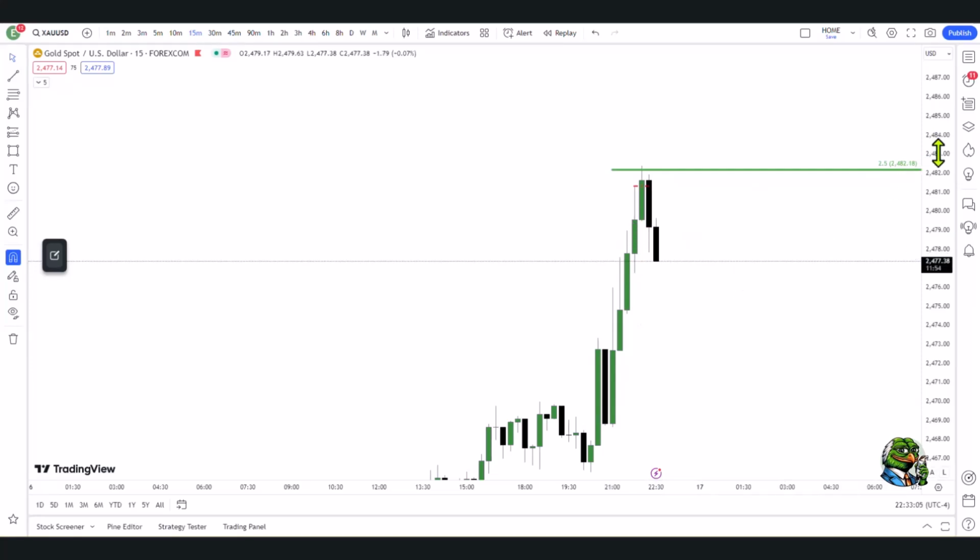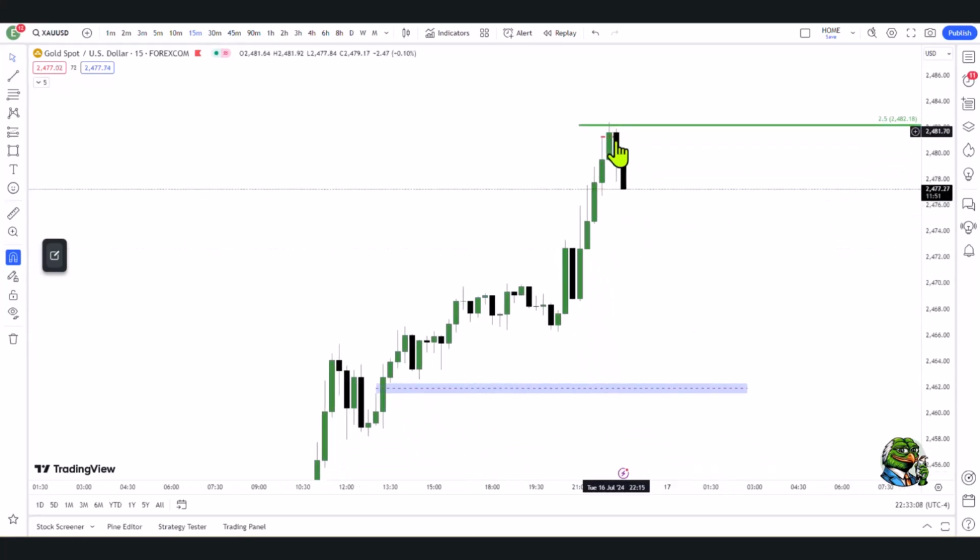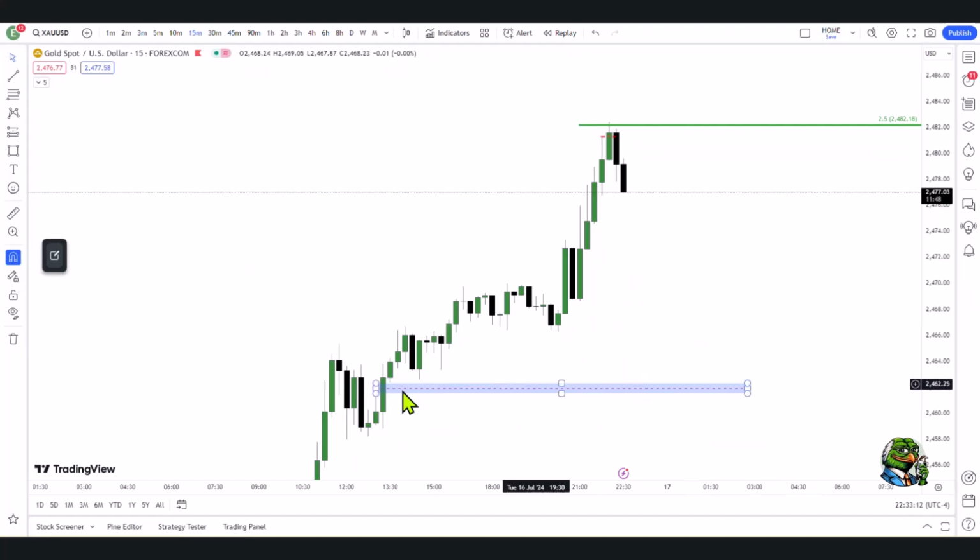But my expectation and what I want to see is that we now continue lower into this level, okay, which is the low of the PM session into this gap, and then we might go higher. I don't know. Okay, we could even go higher from these levels. I'm not sure. Okay, but once we get a bit lower into this down candle, which in essence, in a bullish order flow would act as support, that's where I will look to put my trade to break even. Okay.